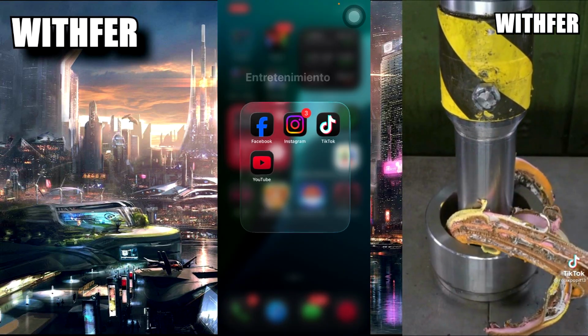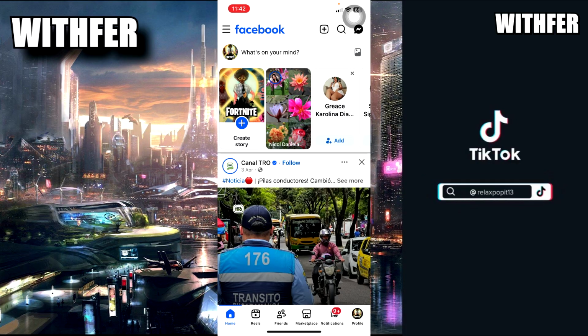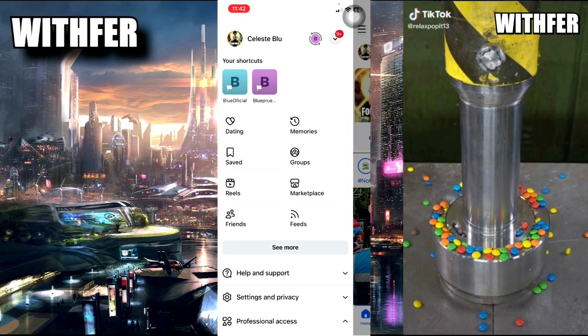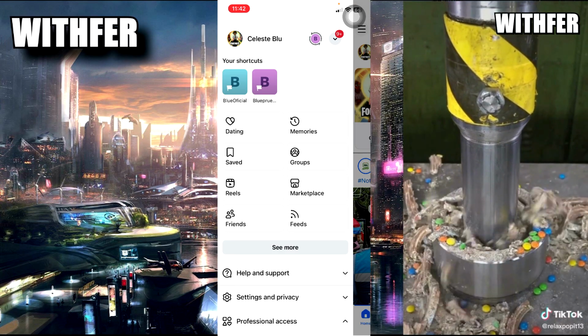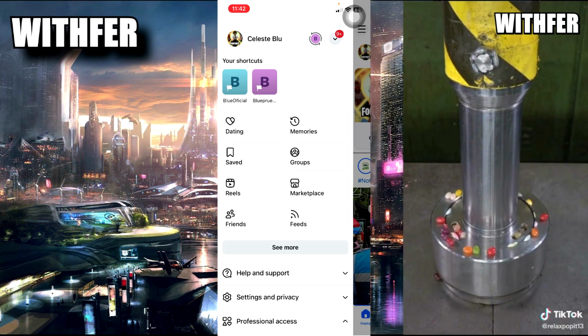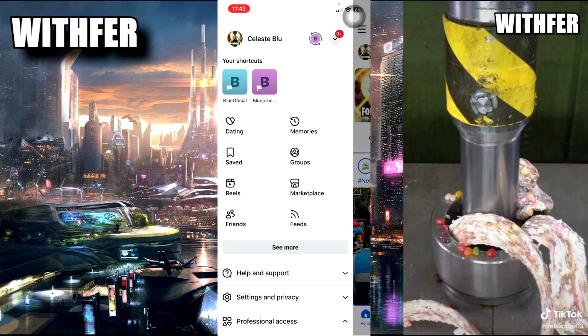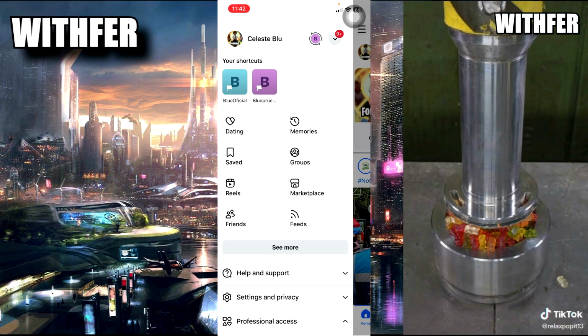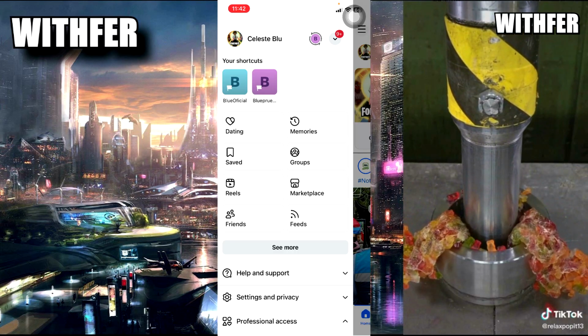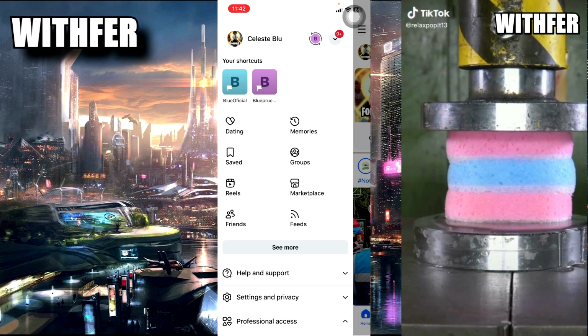When you are finished, you have your Facebook updated, and in the corner you can see three lines. Touch it, and now my first option is dating. I used this dating recently, so Facebook suggests dating as the first option. But if you never opened your dating, maybe you cannot see it here.